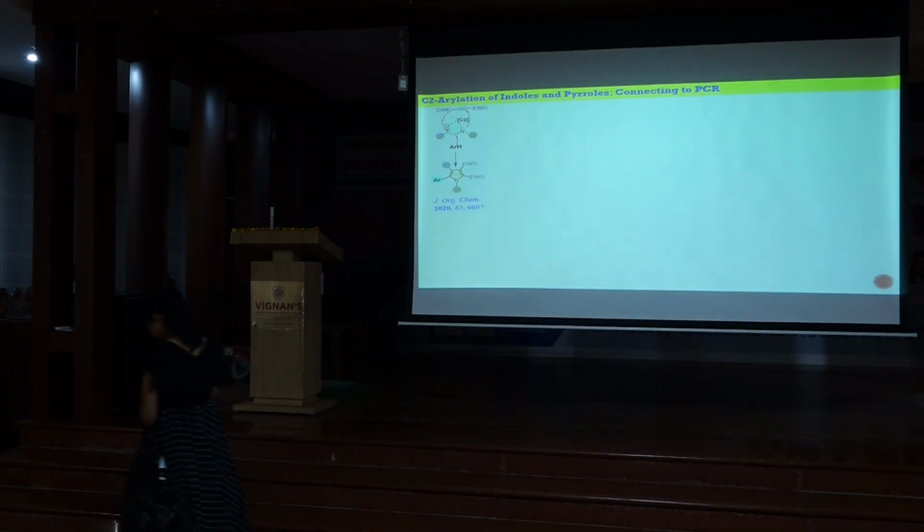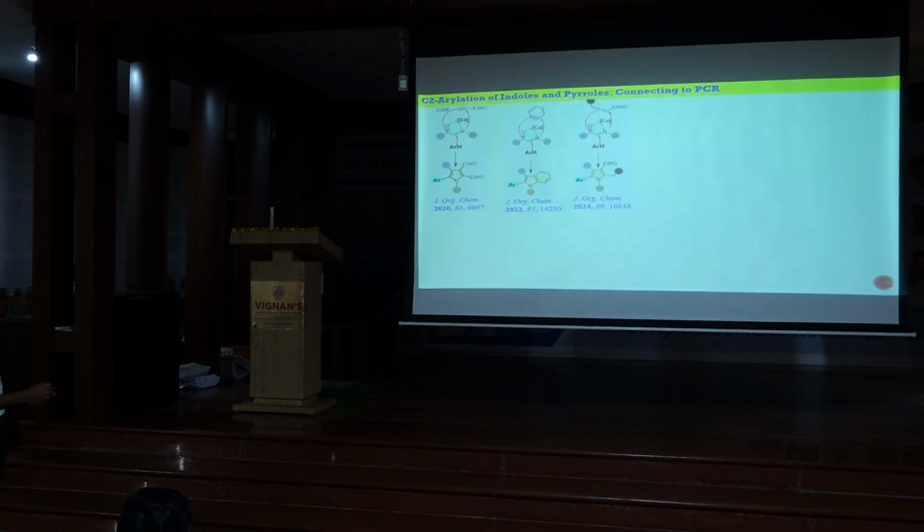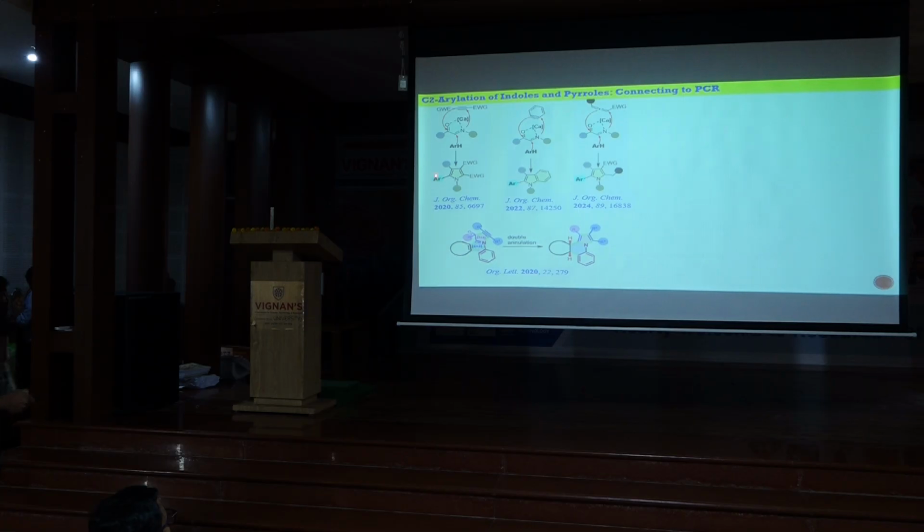With that idea, we could make C2-aryl pyrroles. And if you replace the activated alkyne with a benzene, you can make C2-aryl indoles. And then you can also use alkynoids instead of this triple bond, so you can still make C2-aryl indoles. And you can also make pyrroloquinolines using this strategy. And when I define arene as